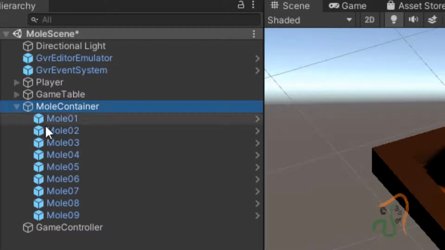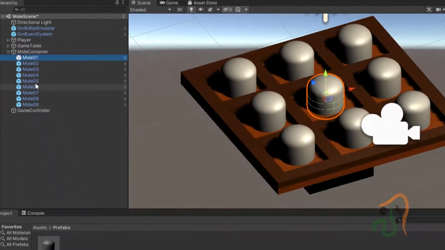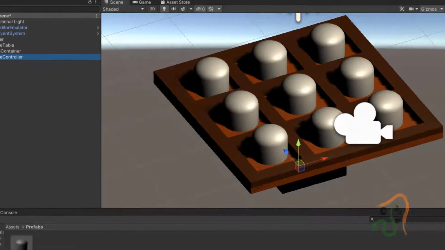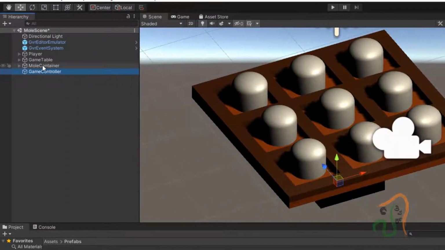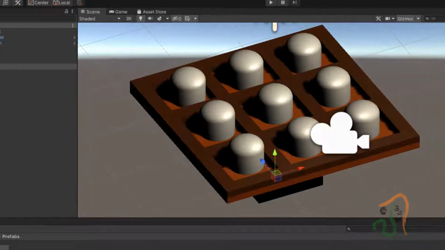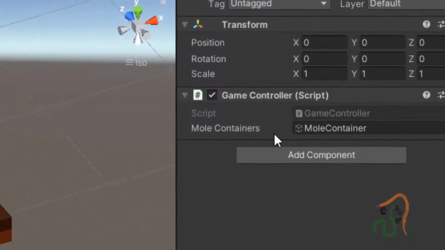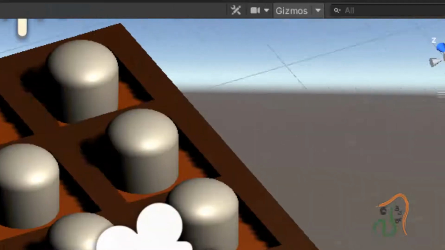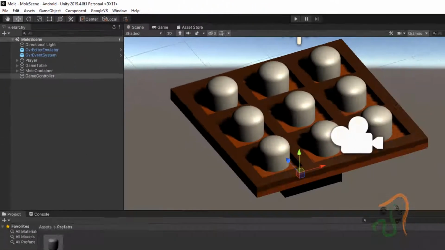If you open the mole container, we have 9 moles here, which we had placed inside the mole container. Select the game controller first, then select this mole container, drag it and attach it as the MoleContainers object. After you attach it, go to file and choose save.